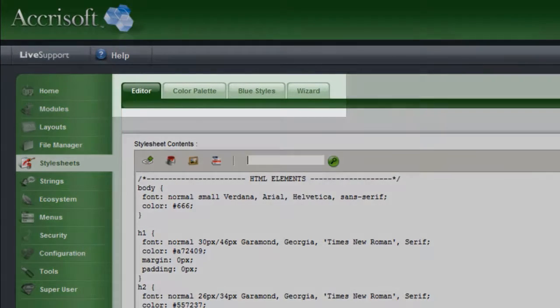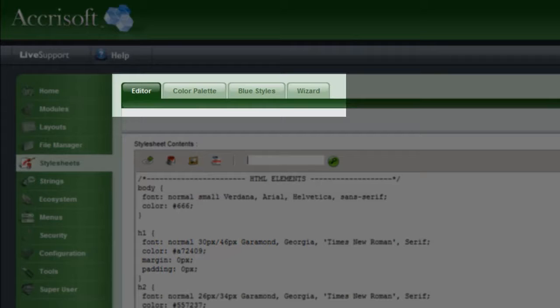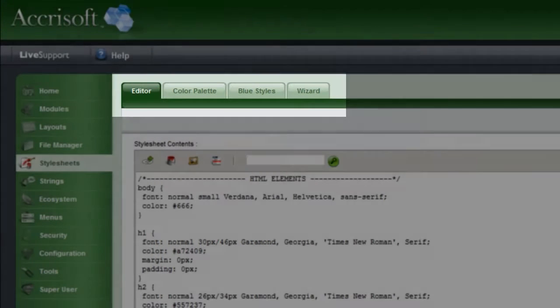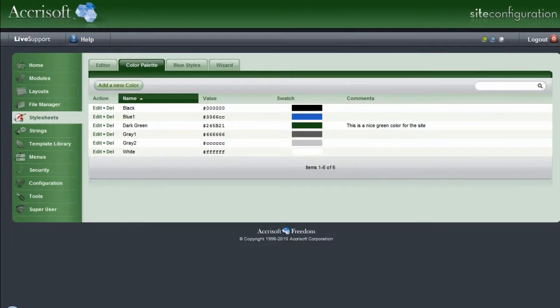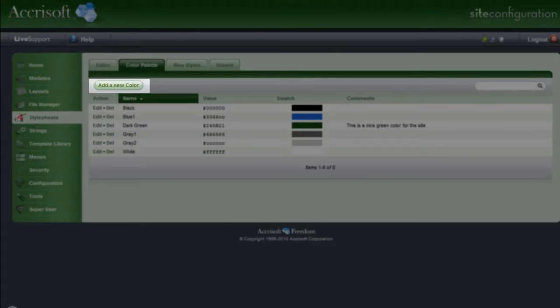The next two tabs, Color Palette and Blue Styles, are helpful tools for both the developer and the client. These tools ultimately contribute to the overall consistency and organization of your site. Let's start with the Color Palette tab. A good Freedom habit to fall into is creating a color palette for your sites. A color palette is a scheme that repeats throughout your site. With Microsoft Freedom, adding colors to your palette is easy. Just click the Add a New Color button,